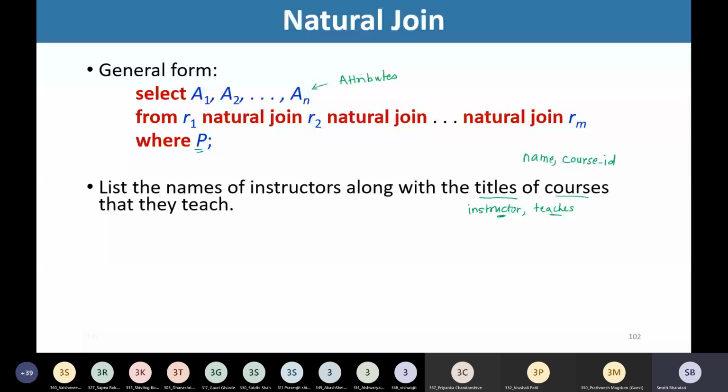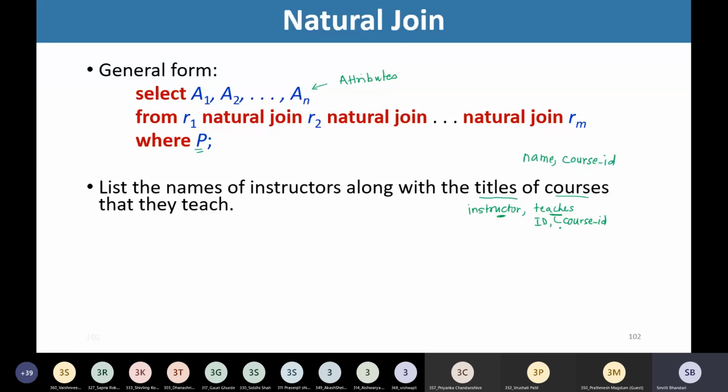Using the instructor table, because I want to extract the name of the instructor, and that is available in the instructor table. I am using the teachers relation because in teachers relation we have the course information, like which course, which section is being taught by which instructor. We have ID along with course ID in teachers relation.